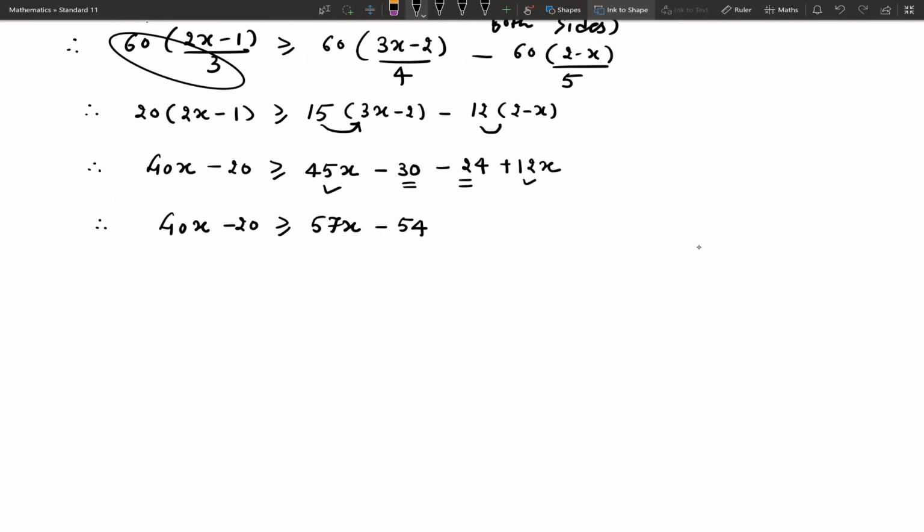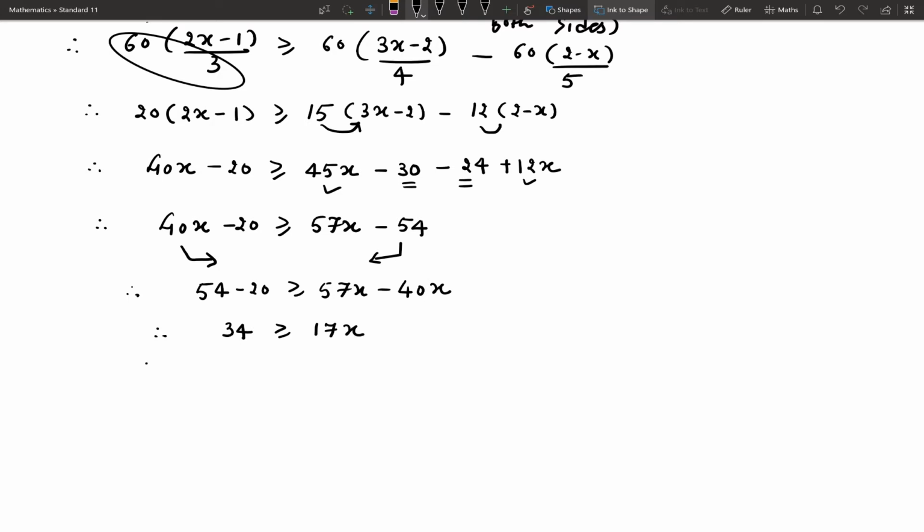Now we transfer this term to the right hand side and minus 54 to the left hand side, so there will be a change in the sign. So this is 54 minus 20, 57x minus 40x. So this is 34 greater than or equal to